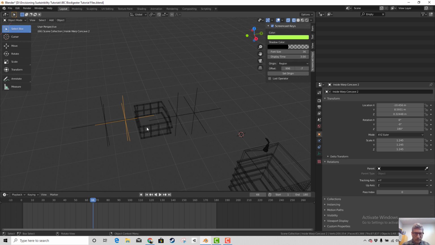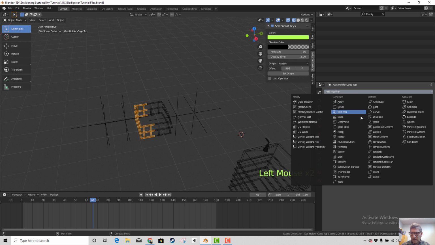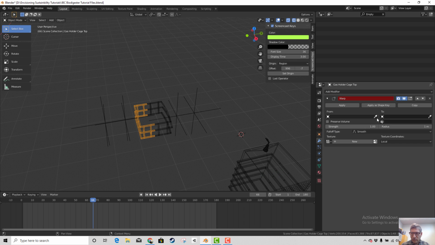And so if this part here is also made with a warp, then we use from the inside to the outside,